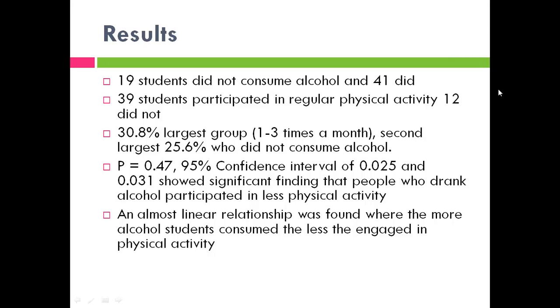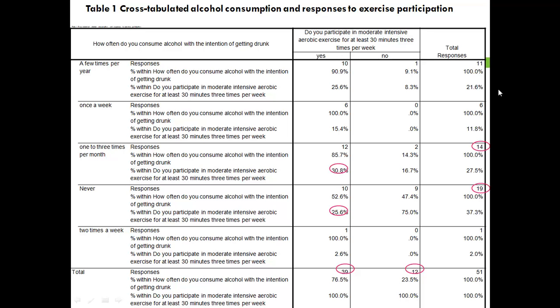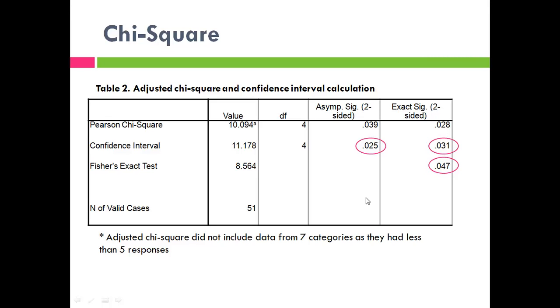And 30.8% was the largest group, which was the 1 to 3 times a month drinkers, and the second largest group was the 25.6% group, which are the people that didn't consume alcohol, and you can see that just through here. I've circled it there. Okay, we also found that there was a significant result when we tabulated this into a chi-square,